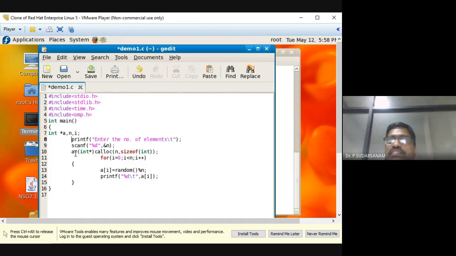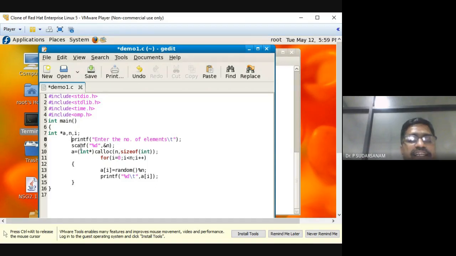Now you know the memory allocations. You have the functions: one is called malloc, one is called calloc. So you can go for either malloc or calloc. I have entered the calloc function. Dynamic memory allocation, you know that. Three functions are there: malloc, calloc and free. Here I have used calloc for allocation. A is which data type? We are entering the data type int star, because we don't know how many numbers you are entering. Whatever you enter, that many memory locations will be allocated.